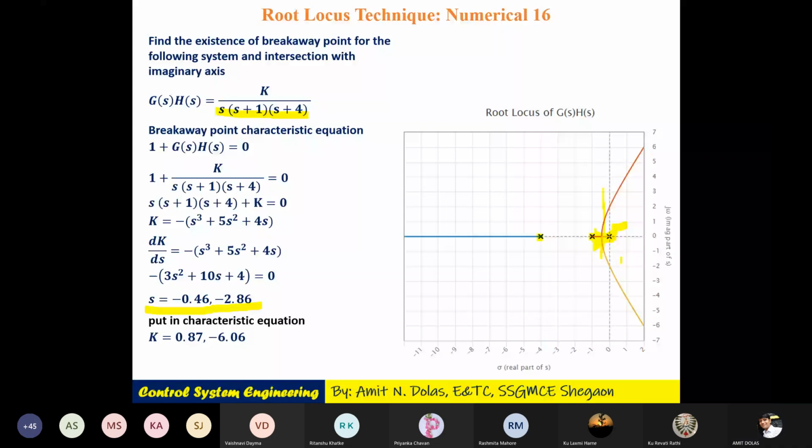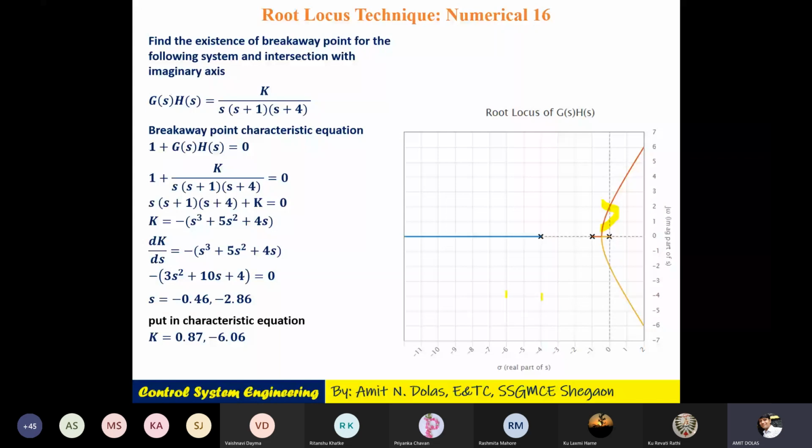If we take a set point here between minus 1 to minus 4, and calculate the number of poles and zeros towards the right hand side, those are 2. So even number. So there is no root present from minus 1 to minus 4. If we use a set point here from minus 4 to minus infinity, and calculate at any set point the number of poles and zeros towards the right hand side, those are 3, which is of course an odd number. Therefore there is a root present.